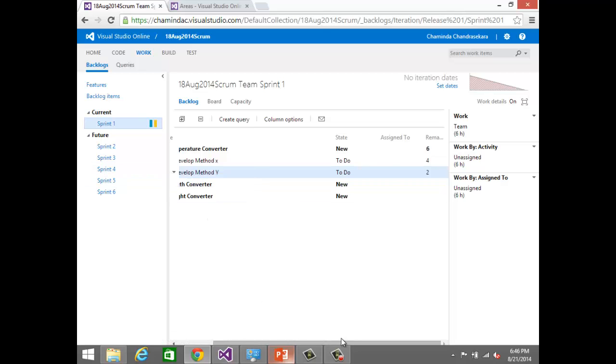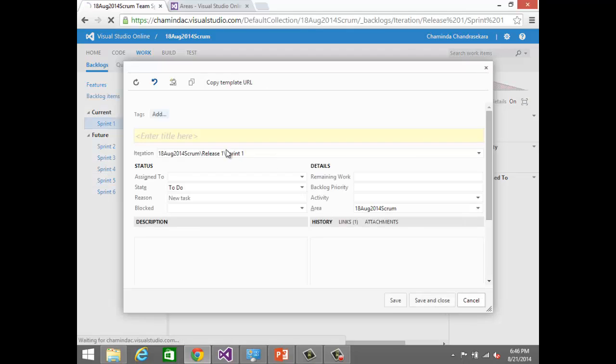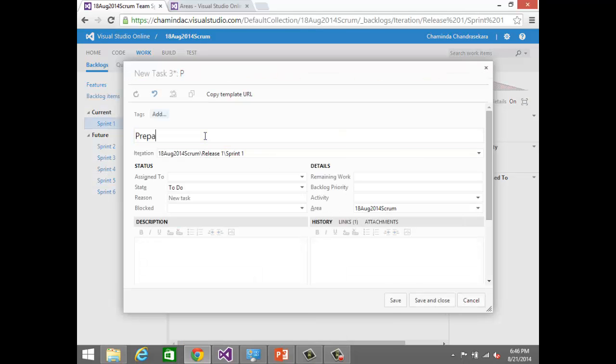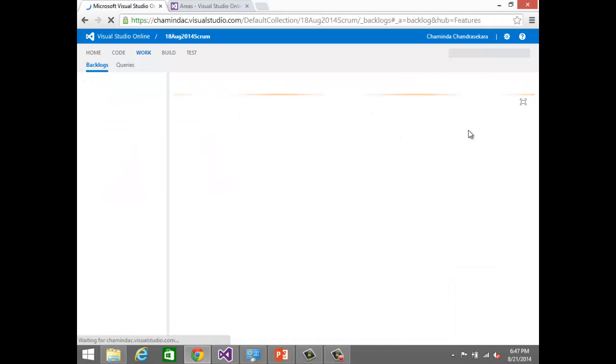Okay. Now again, I'll say prepare test cases or something, right? Okay. Then again, if you want to assign test case preparation to two people, then you have to create two tasks, right? Okay. We'll say 4 hours are required for this. Okay. Now you can see, even if you go into features and